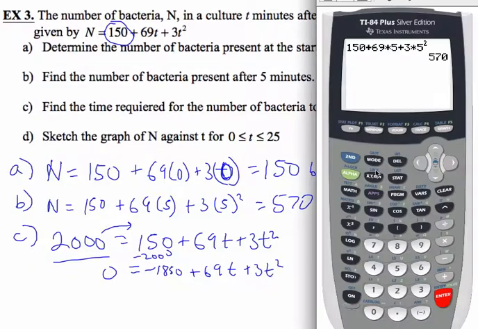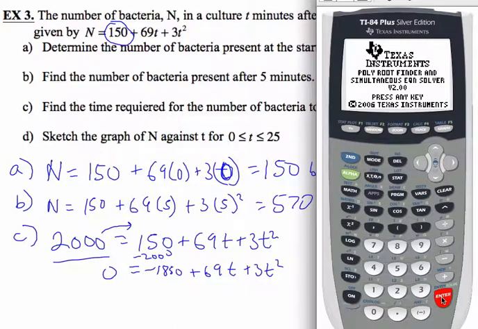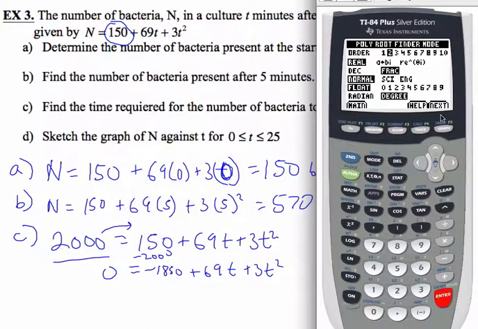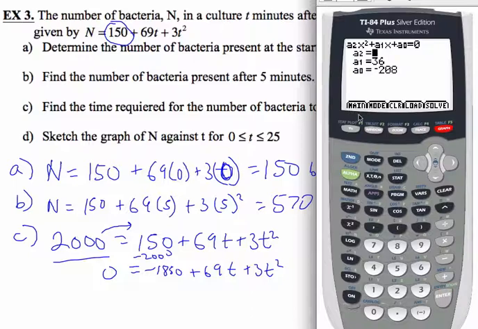Let's go to the graphing calculator. I'm going to go to polysmult 2, poly root finder, and be careful here. We have to type them in the correct order. We need the coefficient of x squared first, so it's going to be 3, then 69, then negative 1850. So 3, 69, negative 1850, and solve. So here we have fractions. We can click on this button here to get a decimal value,